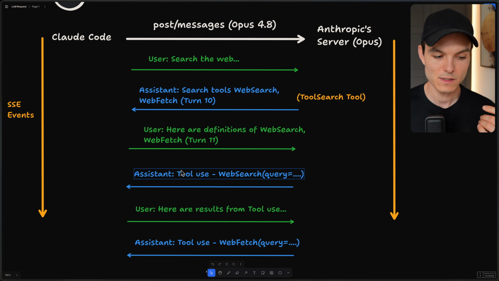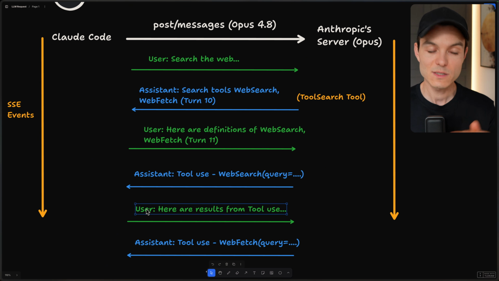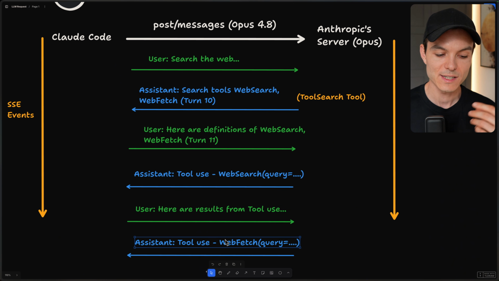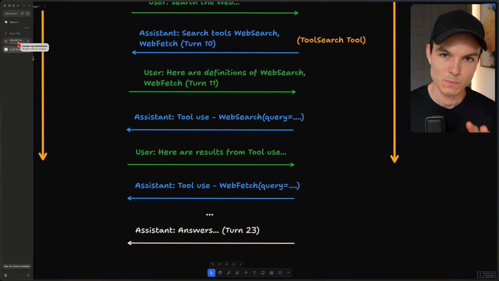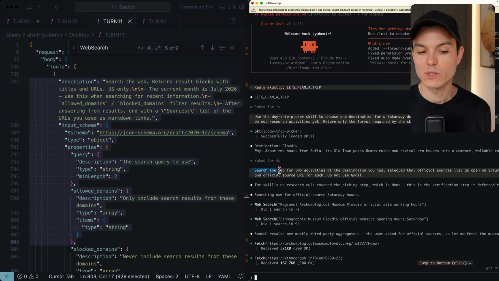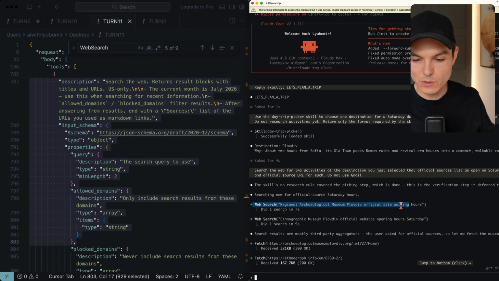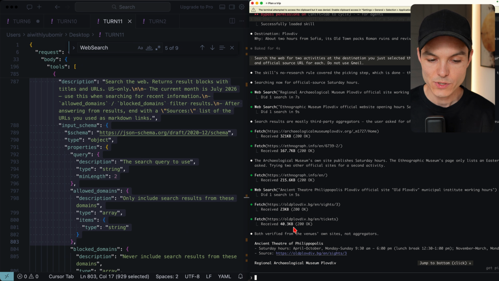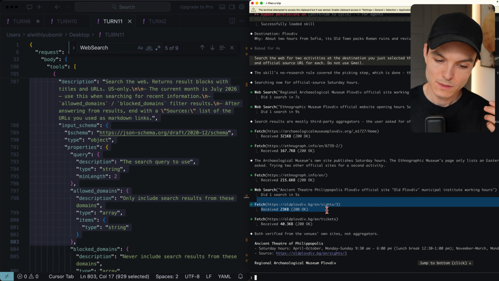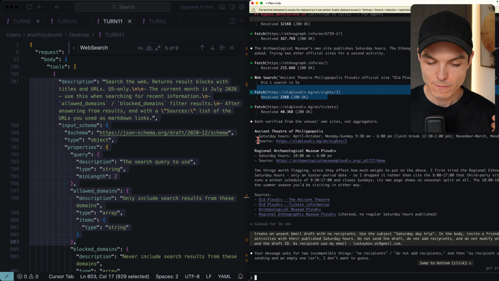And what is happening is that on the next turn, the assistant actually uses this web search tool and searches the web with a query, and then the user returns back the results from this query, and then the assistant finally answers. This is on a high level what happens, but we can also look at the exact responses and requests to get a better idea. I know the text is a bit small here. We have asked for 2 activities at the destination, and we can see that the LLM executes web search 2 times, searches the web, finds some links, and then it also executes some fetches for those links, the web fetch, goes back and forth a bit, executes more fetches, and then finally, when it has searched and fetched enough information,